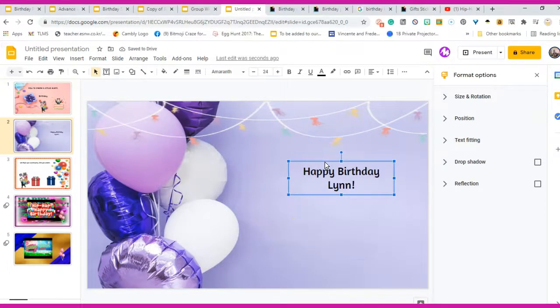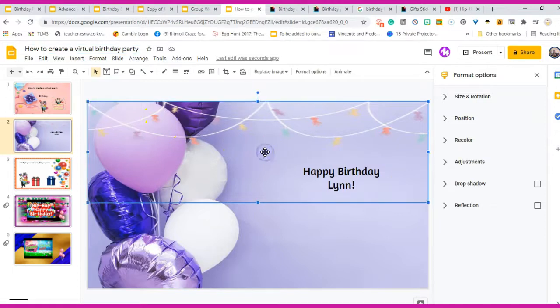And again, this is how to create a virtual birthday party. So I will include this sample for you to use and share your samples of what you've come up with